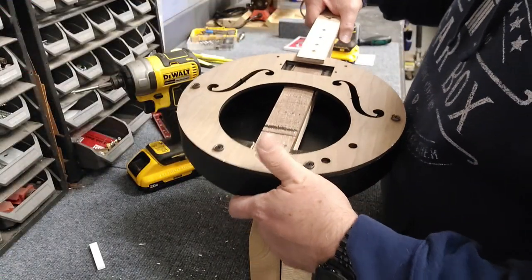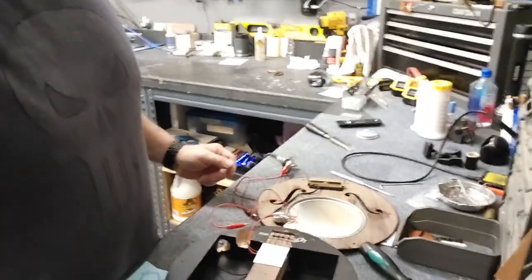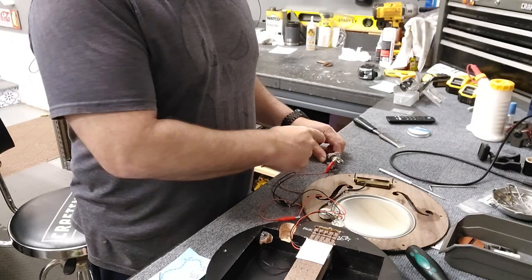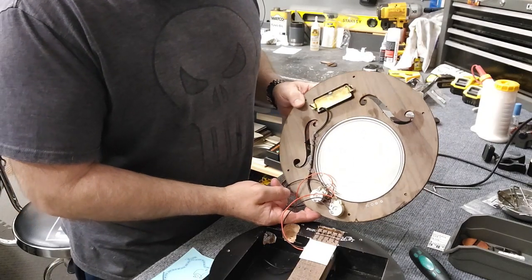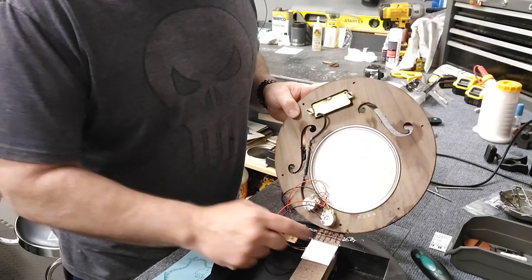Like that. Whew, got a little bit of a mess here. I got to clean up this wiring, but I figured I'd give you a look at it. May be hard to see here. I got these 2 leads here going to the input jack, just so I can test this out before, and I gotta kind of keep the wires, so I can maneuver this back on, and I got a